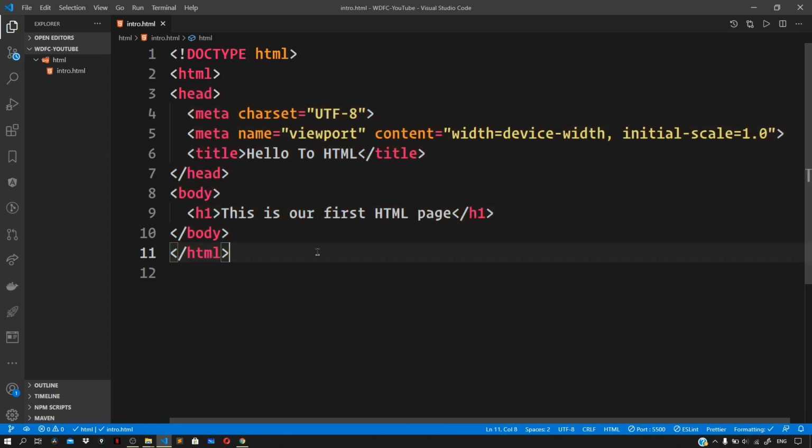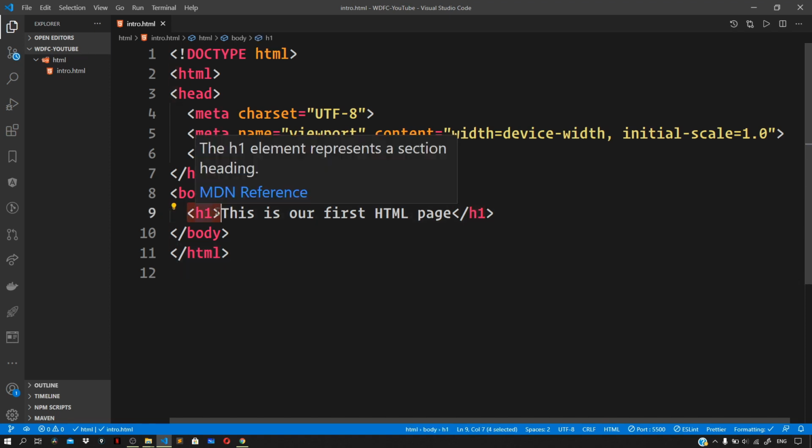Now headings is something that is used to define headings, which you can probably guess. Basically for things like main topics, subtopics, you can make use of the heading tags. So for headings, we basically have 6 variants that we can use in HTML. The first tag is the h1 tag, which we already saw in the previous video. Now this h1 tag is used to define the most important heading, meaning the heading which carries the most weight to it. Then we can define other headings from h2 to h6 tags.